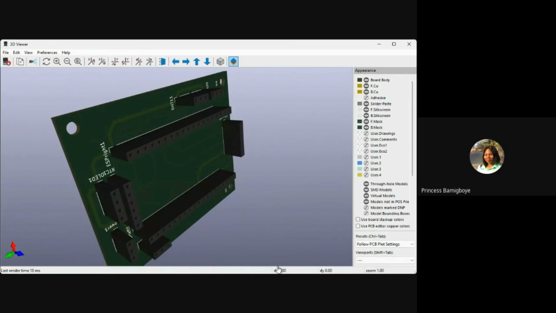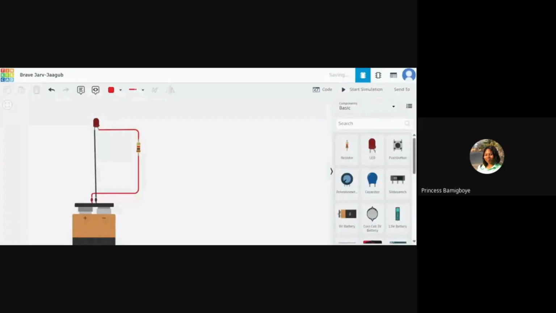Yeah. So hopefully when I've mastered it, I'll teach you guys and we'll move from there. So yeah, that's what I meant by PCB. Instead of using jumper wires, you get to use that instead.